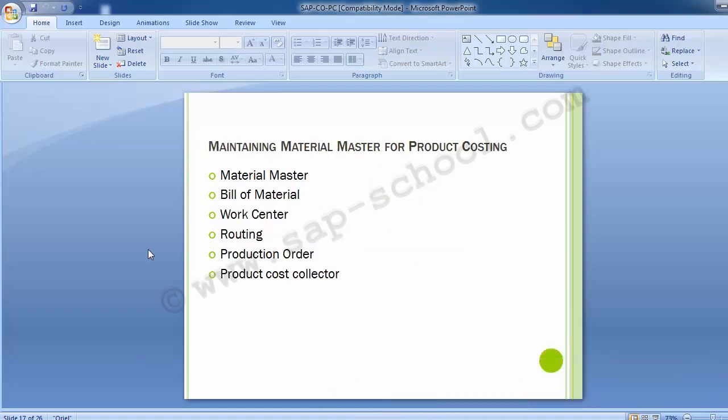So before moving up to the next component of product costing, let's first discuss what are the different master data for product costing to be maintained. Material master from the MM module, bill of material, work center, routing from the production planning module, production order and product cost collector from the CO part. If we come to one by one, material master,